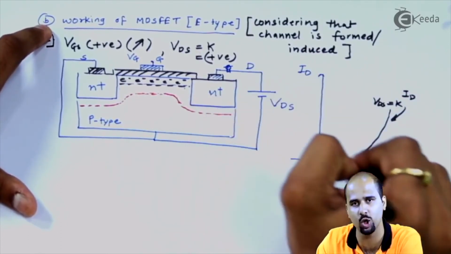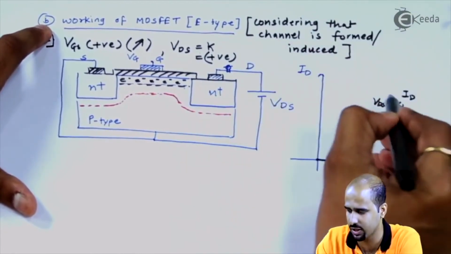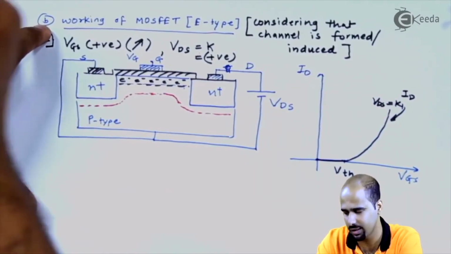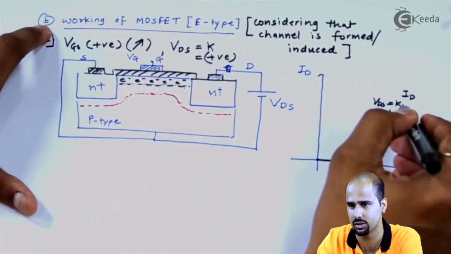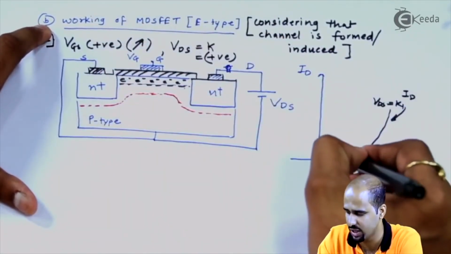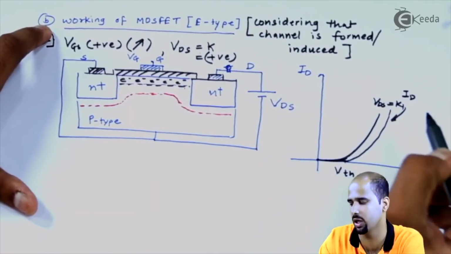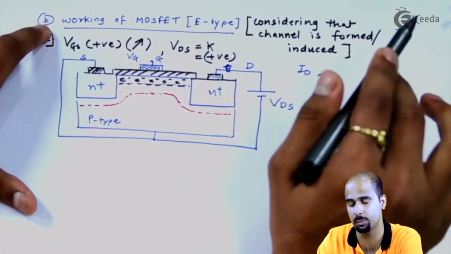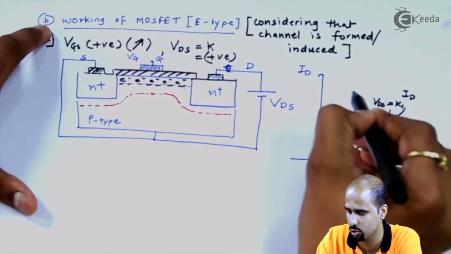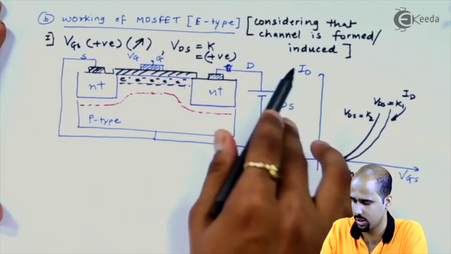So if I change the value of VDS and again keep it constant, for example, I keep the value of VDS as K1, and then I change the value of VDS to K2 and keep it constant again, the graph will change and will look like this. But the nature of this graph will be the same. So here I can say that this is VDS equal to K2. So we have understood that as VGS increases, ID increases.